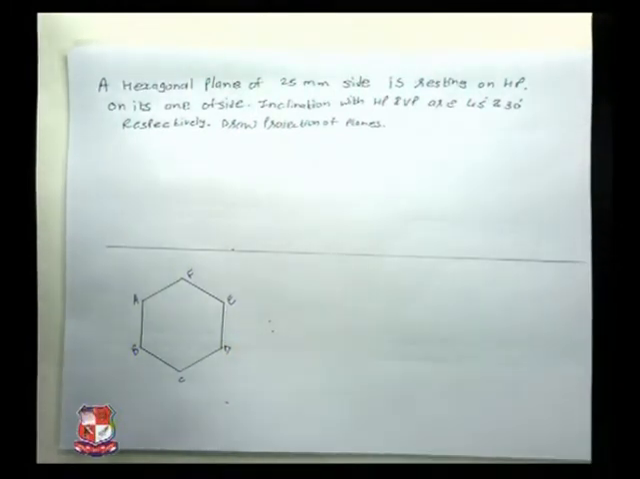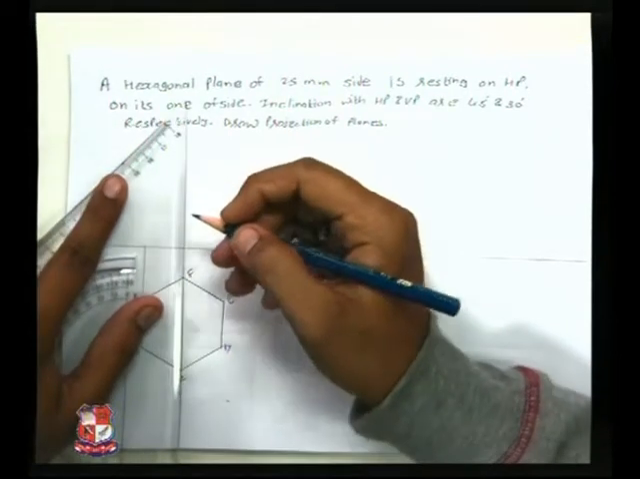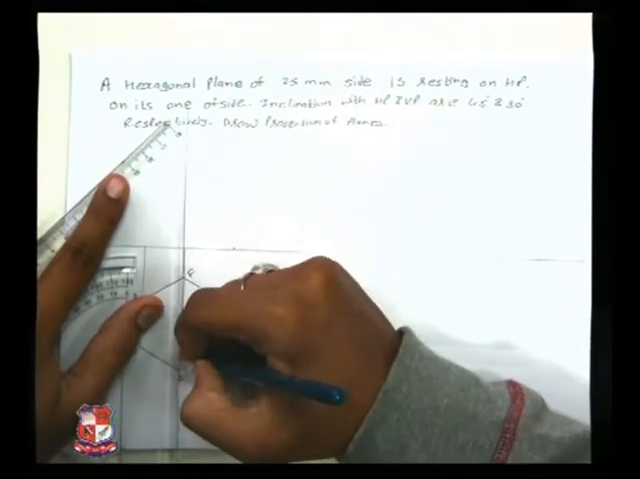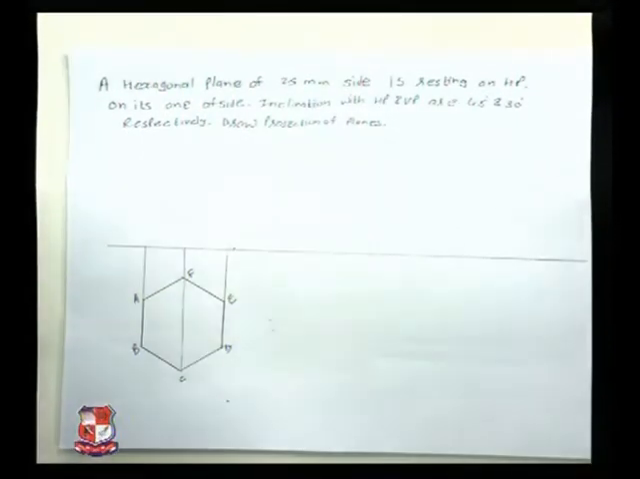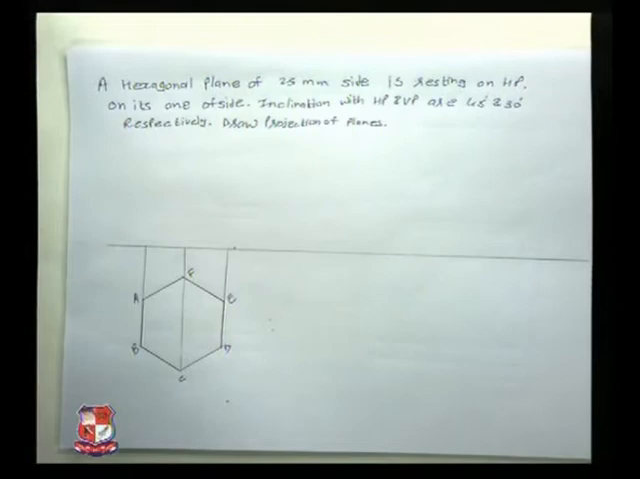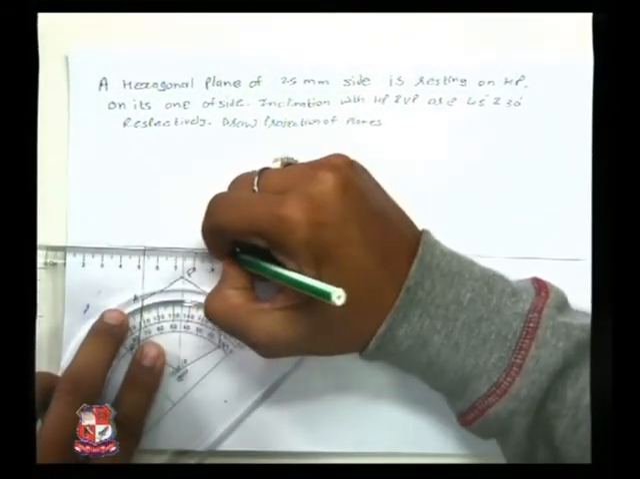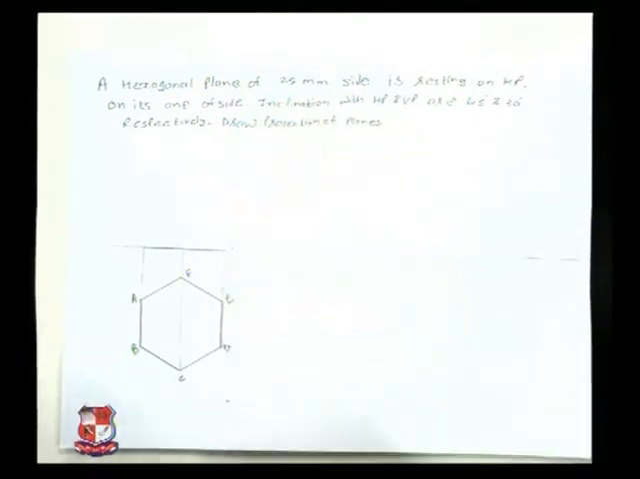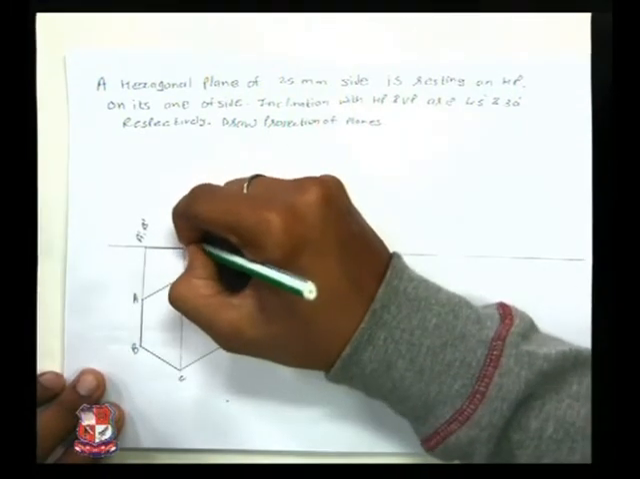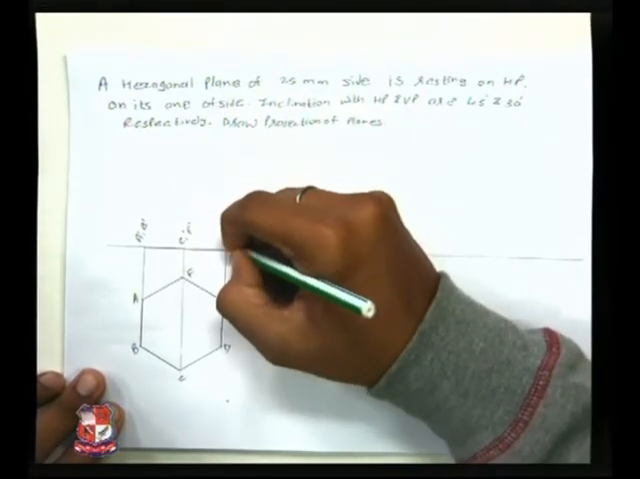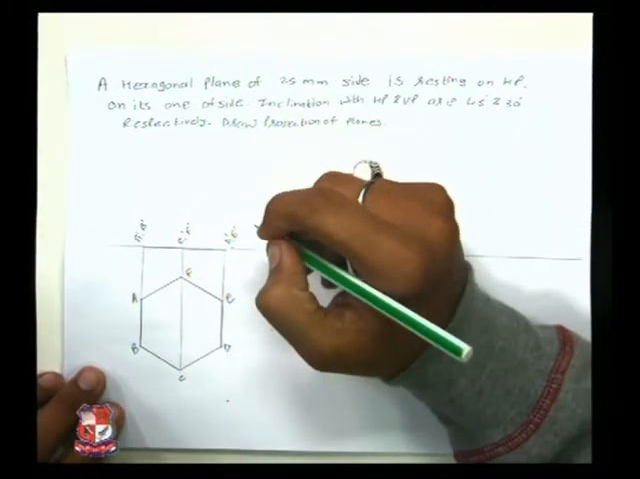Now the projections of these points are to be extended upwards. Over here our projection is traced. A dash, B dash, C dash, F dash and D dash, E dash. We have obtained